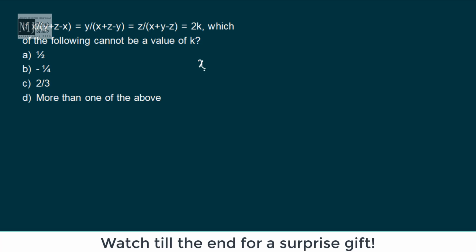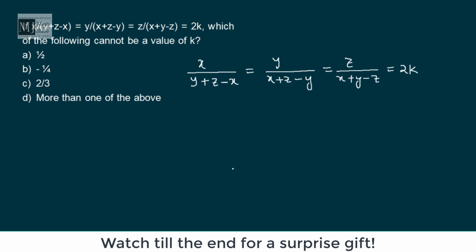If x upon y plus z minus x equals y upon x plus z minus y equals z upon x plus y minus z is equal to 2k, which of the following cannot be the value of k? Now we know from the equality of ratios, each ratio should be equal to the sum of antecedents, that is x